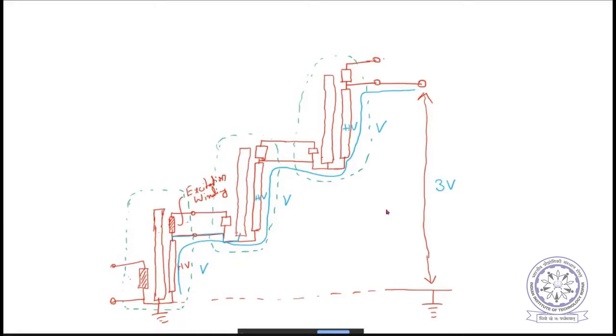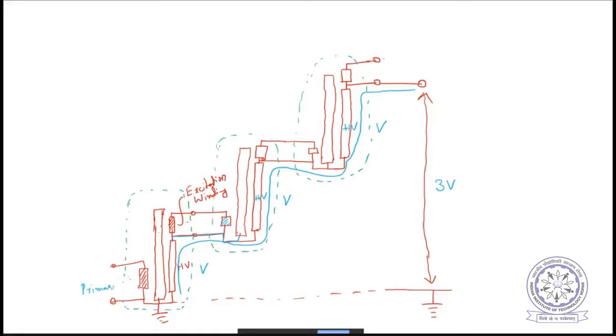Now let us consider this. See, output is only simply. Sir, I have a doubt, sir. What's the particular reason to keep the excitation winding 1:1 ratio with the primary winding? 1:1 ratio with the primary winding, because all transformers are similar. The second stage will generate the same HV voltage only if you give the excitation voltage. The primary of the second transformer should get the same voltage. This is the primary of the second transformer. It should get exactly the same voltage as the primary.